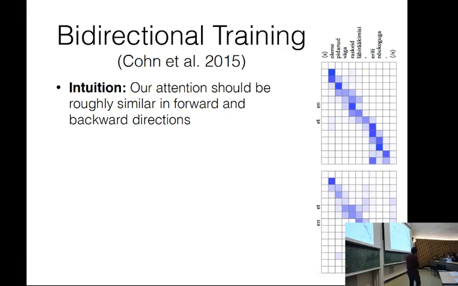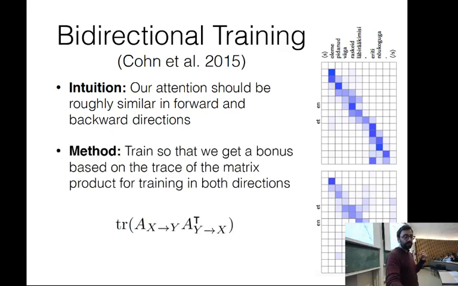Oh, the example is Estonian. Anyway, when we're generating maison in French, and we see that we're attending over house in English, then in the opposite case, when we're generating house in English, we would ideally want the models to learn to attend over maison in French. Okay, so they formulate this as a